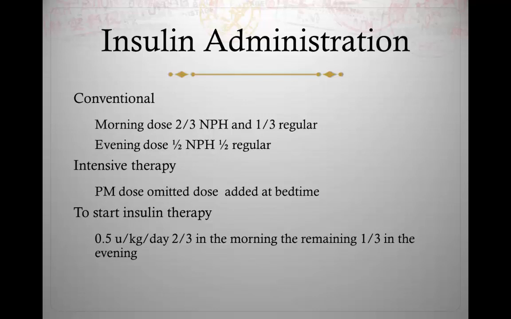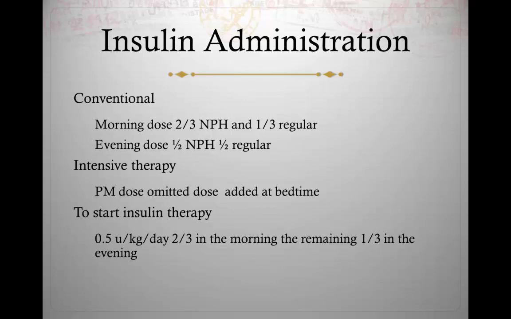The rule of thumb is to begin with 0.5 units per kilo per day. So you're going to take the kilograms of the patient. For example, if it's 70 kilograms, you would do 0.5 times the kilograms, and the resulting total,